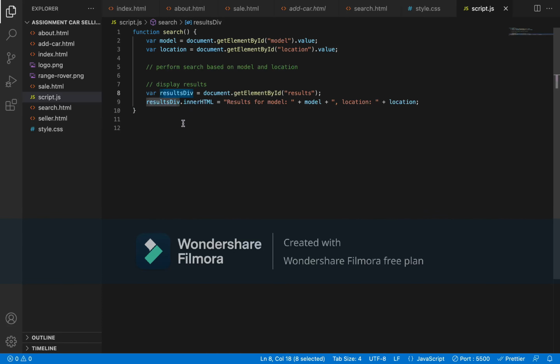The variable resultsDiv equals document get element by id results. So just get the id from the results section, and resultsDiv dot innerHTML. Whenever you insert the html, innerHTML just puts the text in the results div. So from the results div, it will just display the result. That's it. Whenever you click the search button,